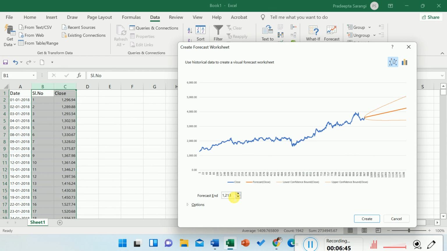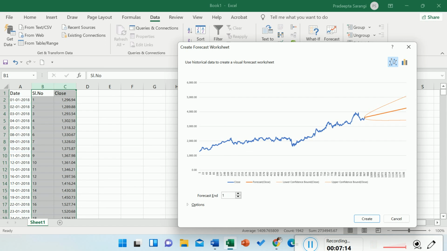Here we are getting much ahead of time. I have 970, but it is giving me forecasted value from 970 to 1940. In case of stock market, such a long forecasting never works because stock market is very dynamic and it is very unpredictable. So predicting for a long time is not suggested.